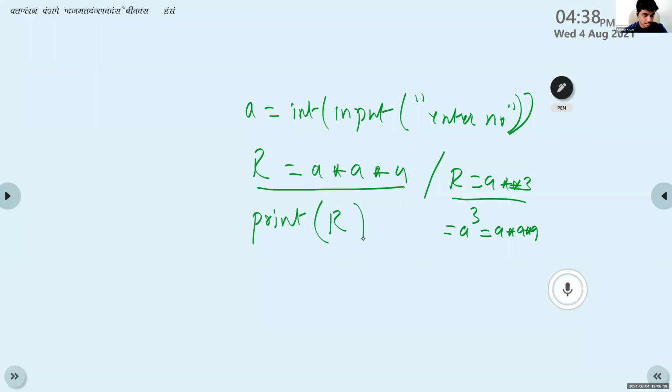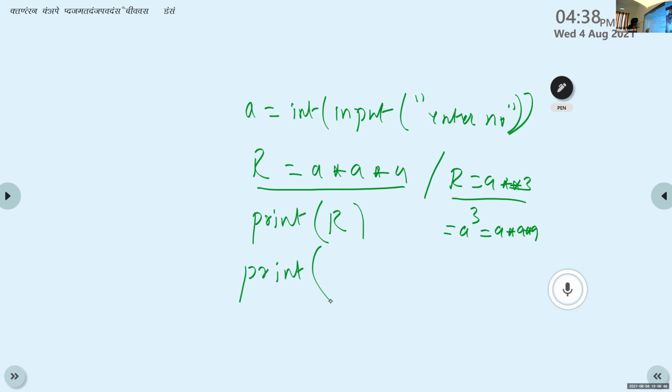Ma'am, print bracket, double quotes, the cube is, close quotes, comma, then R, close bracket. Which brackets are closed? Start bracket, then double quotes. Okay, correct answer, Abhilash.